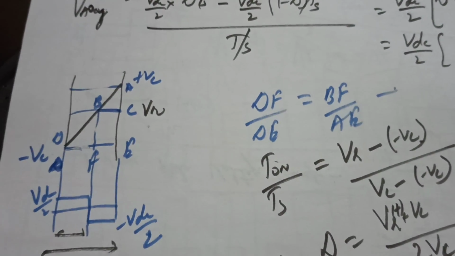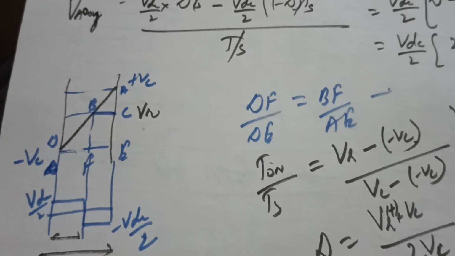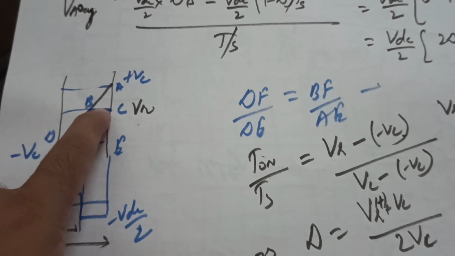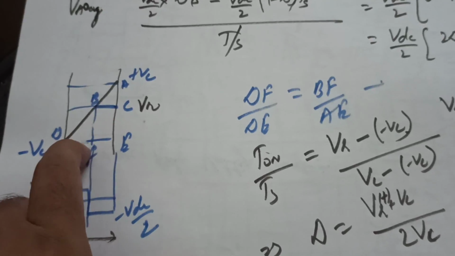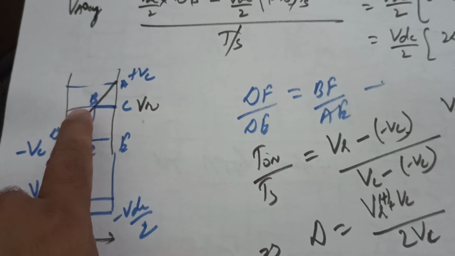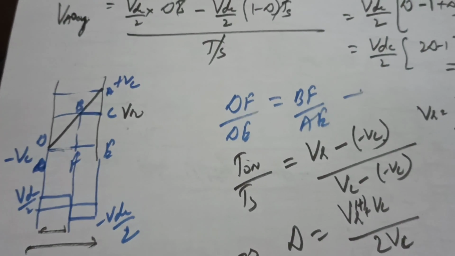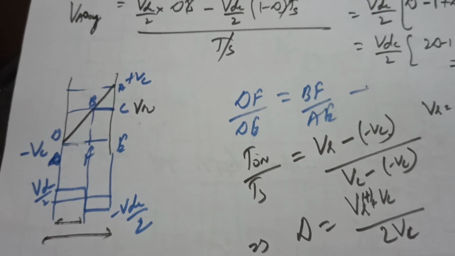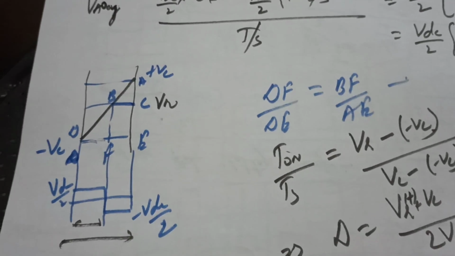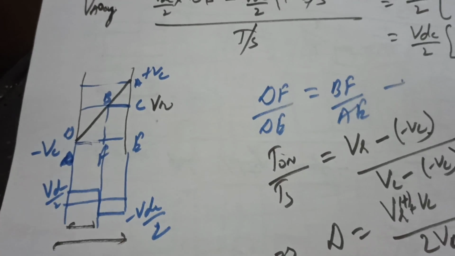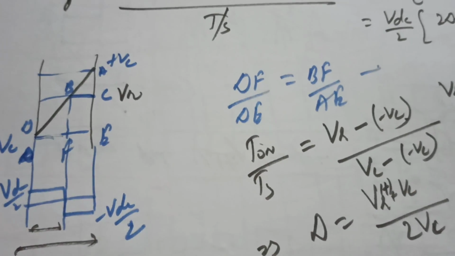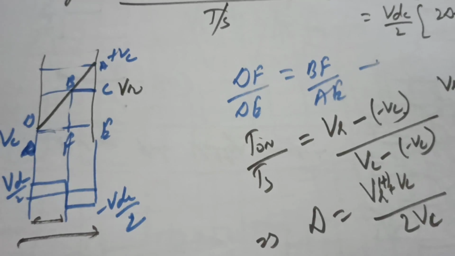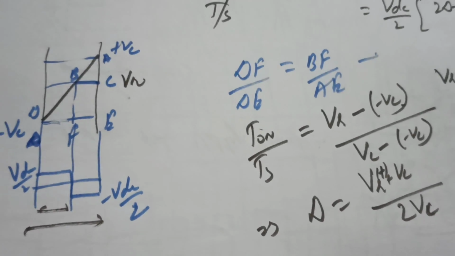When we observe the comparison, we can very well say that whenever the sine wave is greater than the carrier wave, then the devices S1, S2 are on, as we are discussing the voltage of pole A with respect to 0. Okay, as we are discussing the pole voltages.